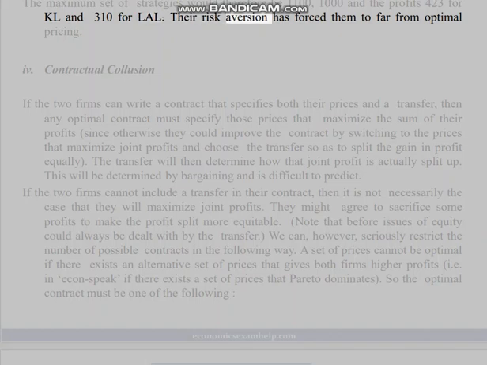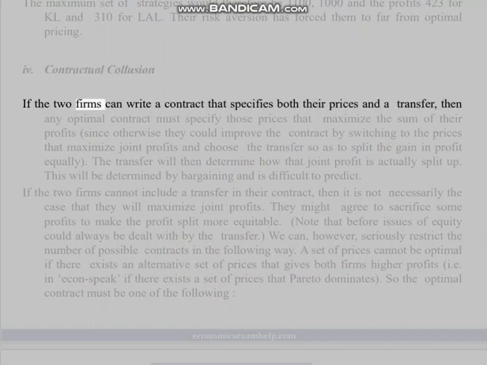The maximin set of strategies would therefore be $1,100 and $1,000, and the profits $423 for KL and $310 for LAL. Their risk aversion has forced them far from optimal pricing. 4. Contractual collusion. If the two firms can write a contract that specifies both their